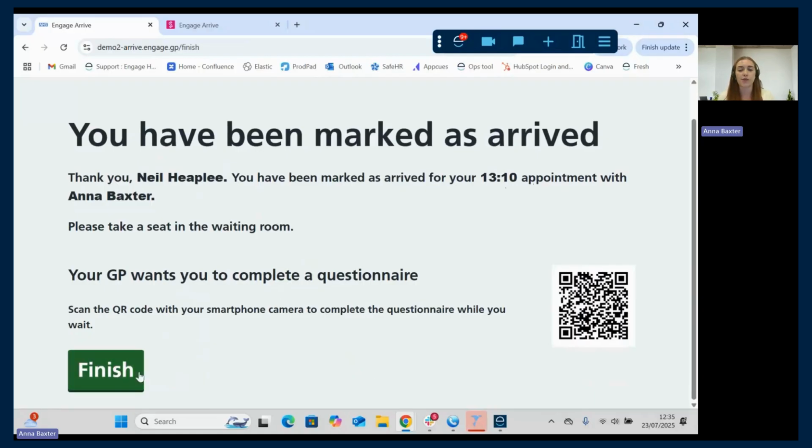The patient doesn't have to click finish, but they can if they want to. But at that point, I am marked as arrived. So that's the screen and how that looks to the patient and the different settings there. So now I'm going to go into what we call the management console to show you how to update these